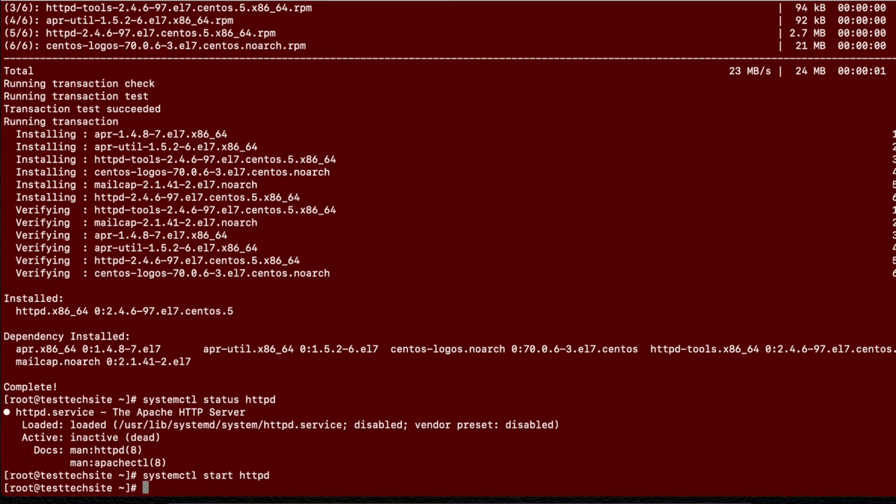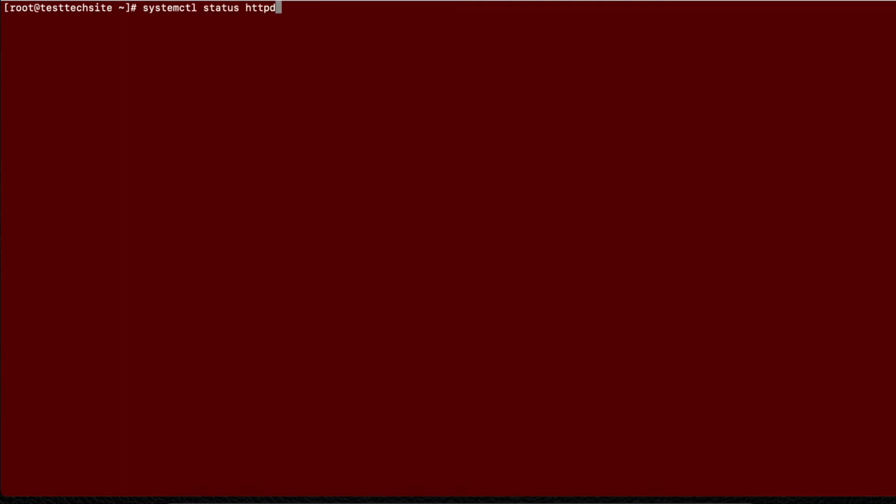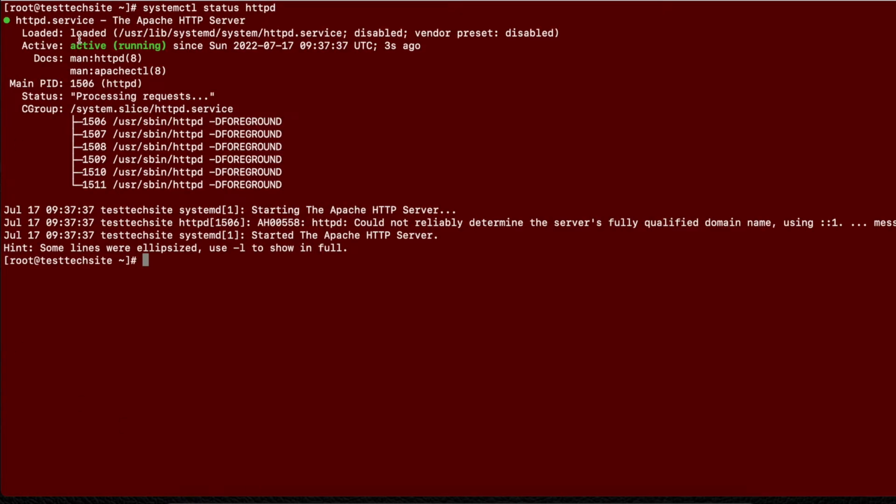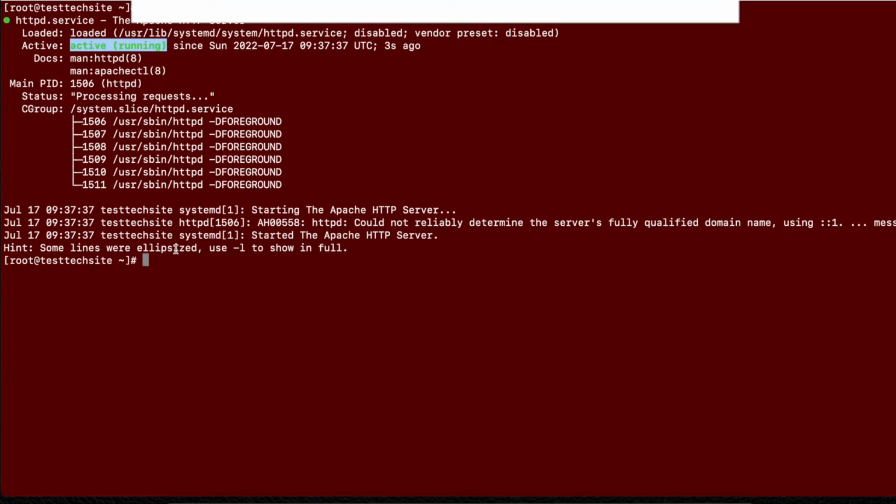And now if we check the status here, you can see that it's active and running, which is great. So the Apache server is now running. The next thing which we're gonna do is the